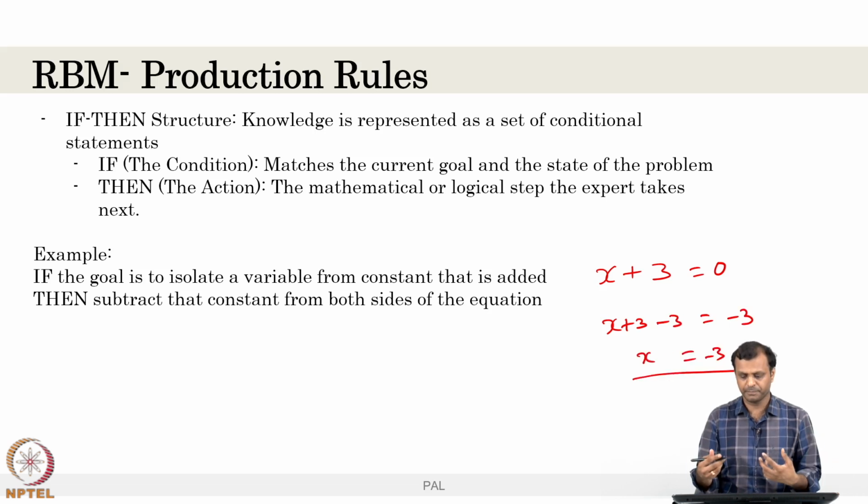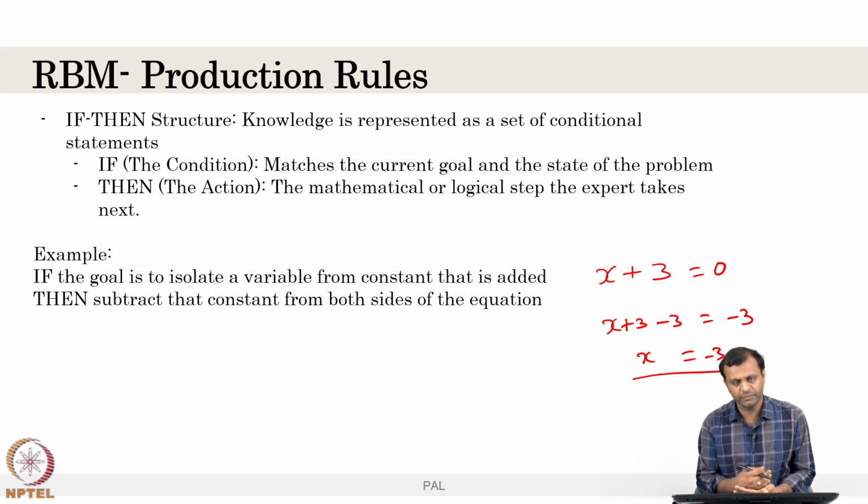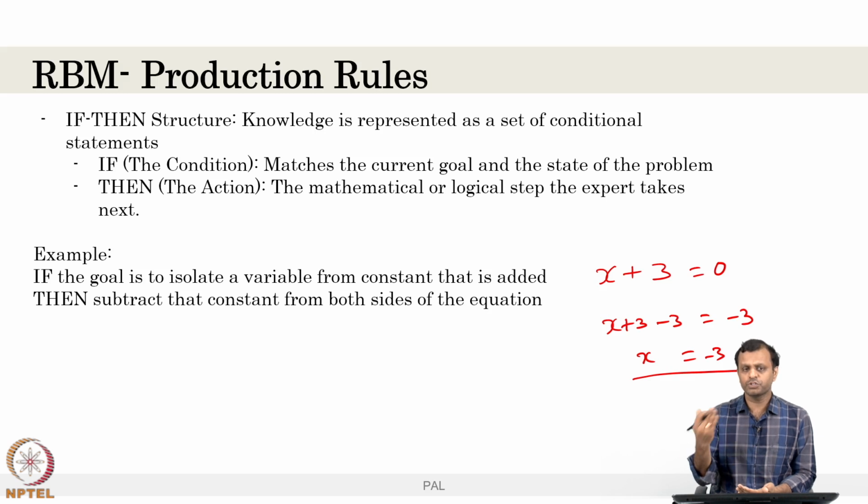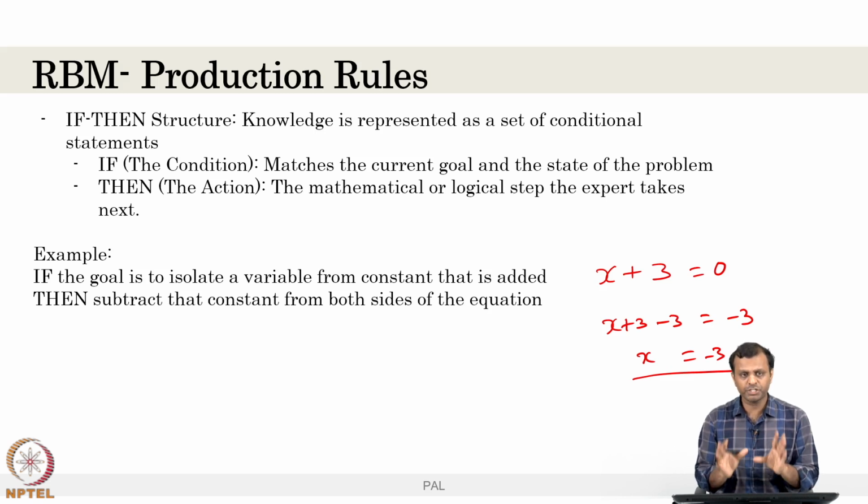That's the idea. Break your problem into subproblems, and for each subproblem make a discrete if-then condition. If the condition matches your goal, then do this particular action. That's all. If a student is not doing that action, we can give feedback saying that you should subtract the constant from both sides. That's all you have to do. We will go into detail with an example, but these are the production rules you have to create